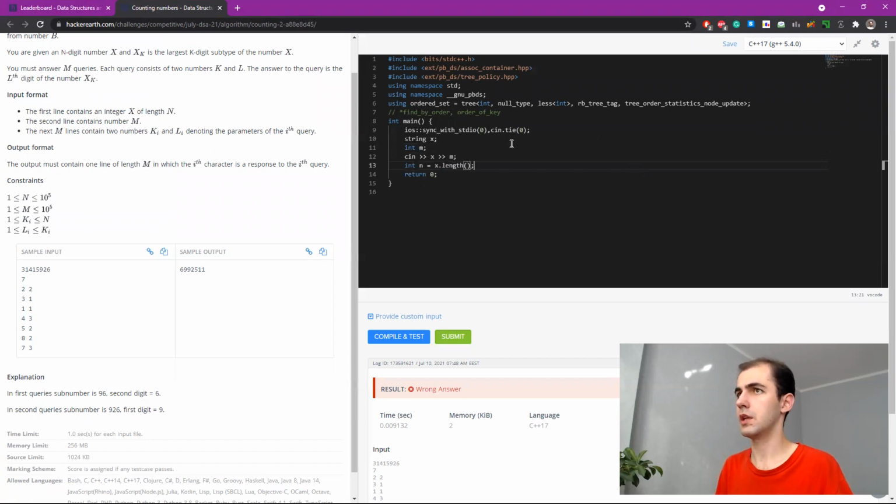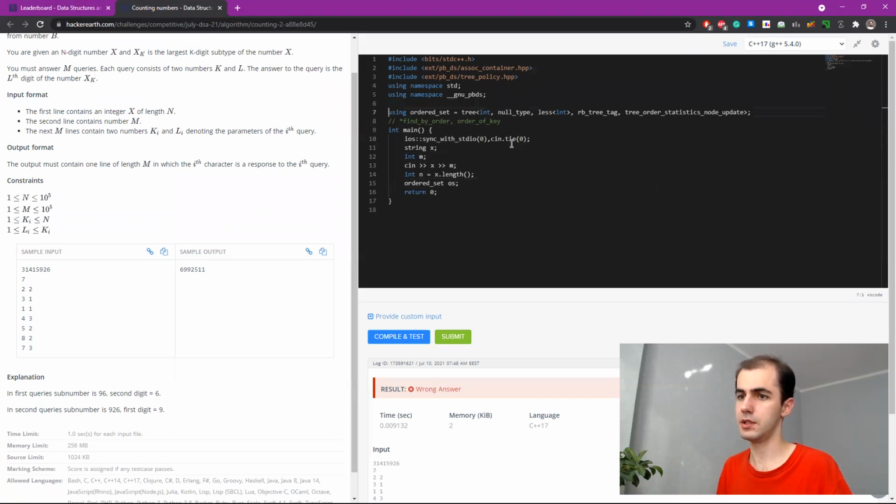So what do we do next? We definitely need the length n. We need ordered sets of, that's the reason, type name. Because then you can create ordered sets of anything, not just integers.